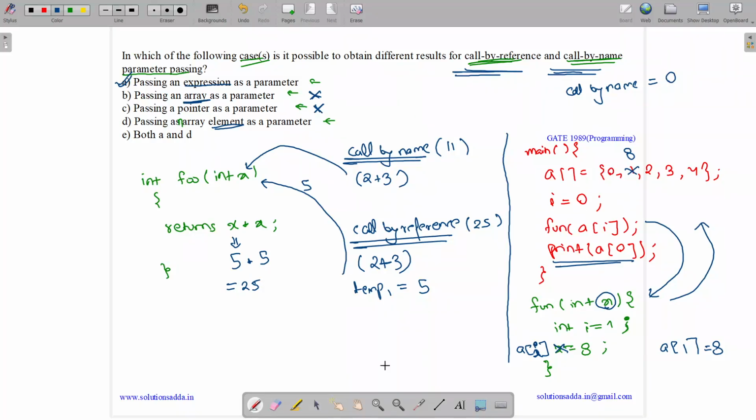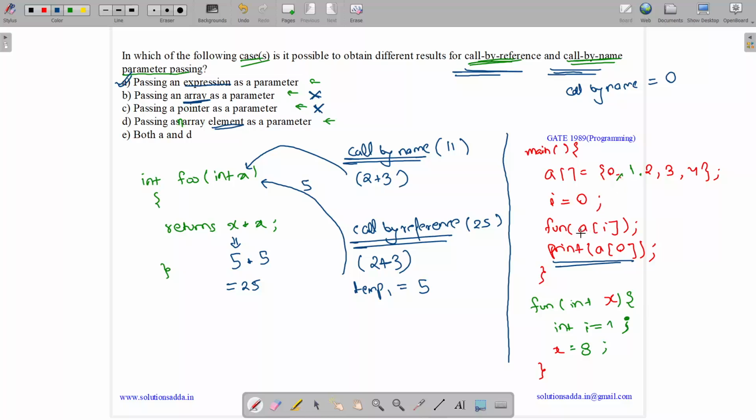Now let us do for call by reference. So what happens in call by reference? Let me first erase this stuff. Let me complete these functions first. 0 followed by 1 followed by 2, 3, 4, and here it was taking input in x, it was doing x equals to 8. Yeah, so what happens now is, let us suppose we are doing call by reference.